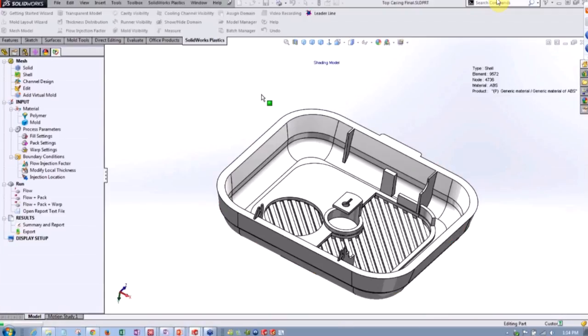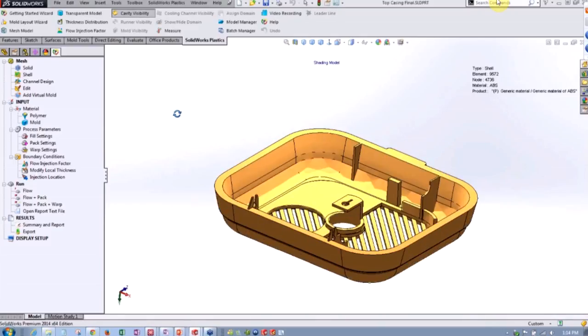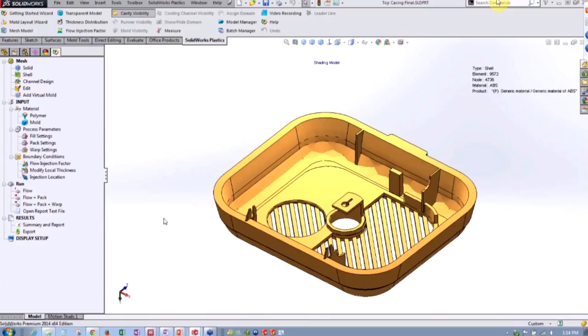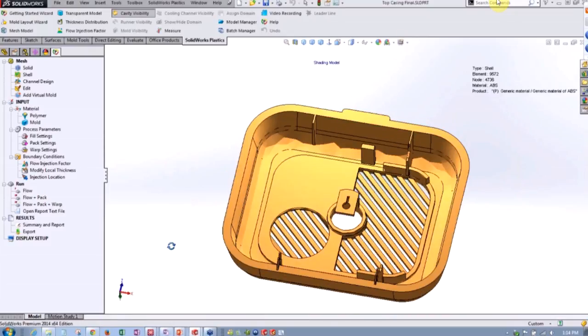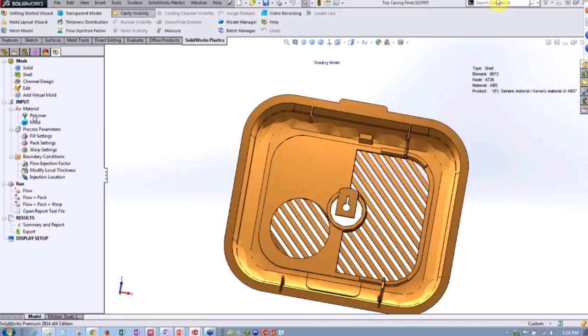Once we do that, we have our cavity that's defined for our project. And the rest of it that we need to set up is all about setting a material, setting an injection location or a gate location, and then a few fill settings. So let's first just take a look at setting a material. I can double click on polymer,